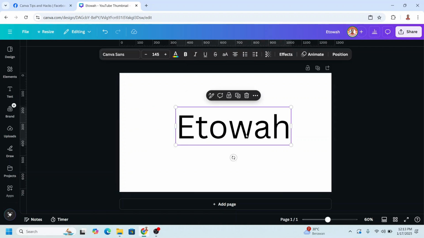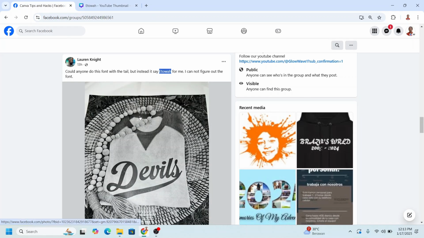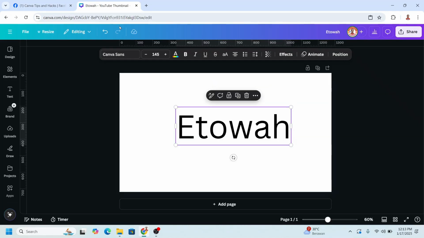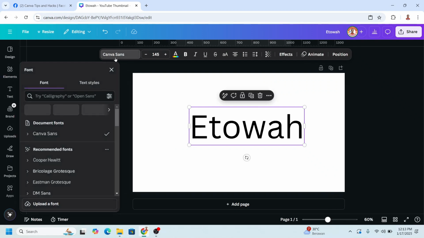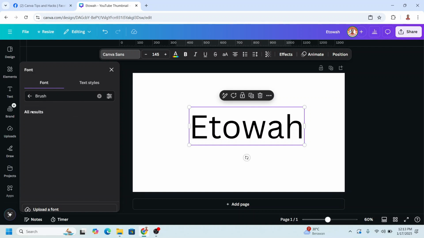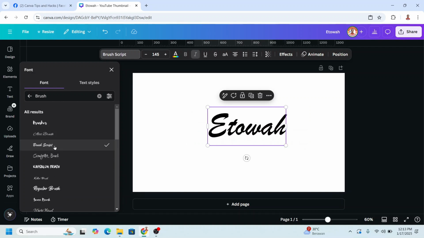And then let's change the font to a similar font. I think it's a brush style font. So check here and find in the brush this one, and then find here. I think let's try this brush script. Okay, let's say this is the